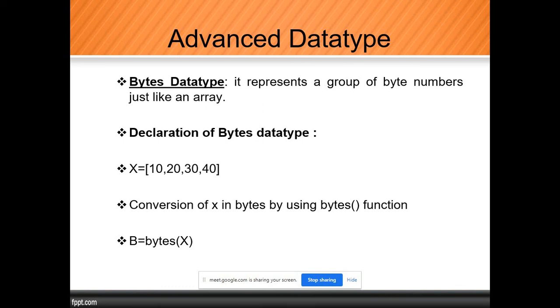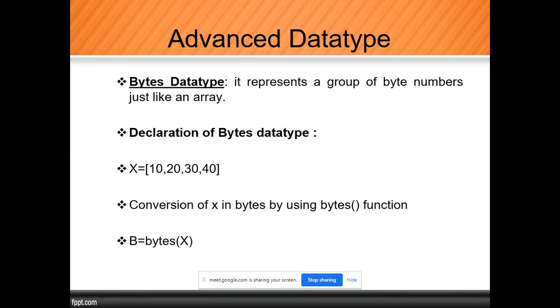Okay, so we have the bytes data type, bytearray, list, tuple, range, dictionary, and after that the None data type. Set and frozenset are also there. We'll discuss a little bit of information about these data types, and after completing them we will discuss operators, decision making, and loops. After completing core Python we will start the detailed information about the data structures. So don't worry about that. Today we'll discuss the advanced data types.